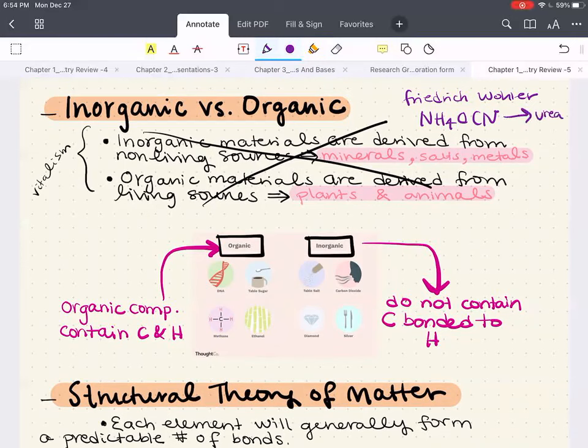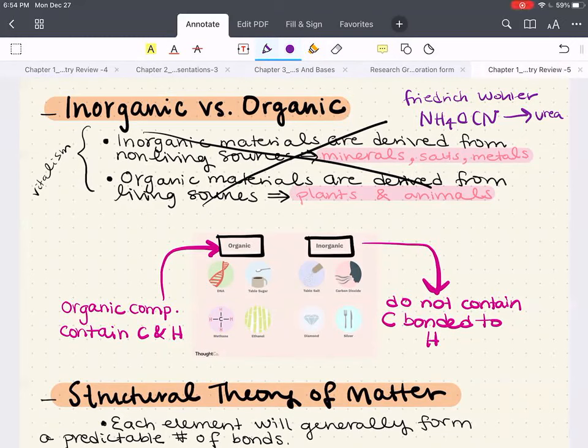And by doing so, he disproved this idea of vitalism, these definitions, because essentially through these definitions, one would assume that it was impossible to convert between inorganic and organic because you can't go from living to non-living and back and forth. But Friedrich disproved that by converting ammonium cyanate, which is an inorganic material, into an organic